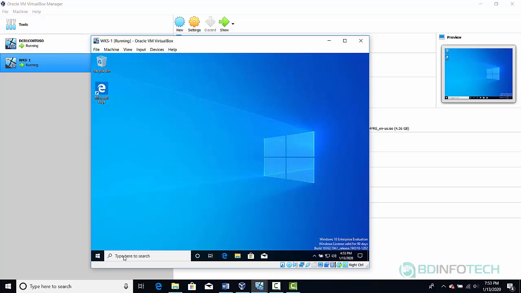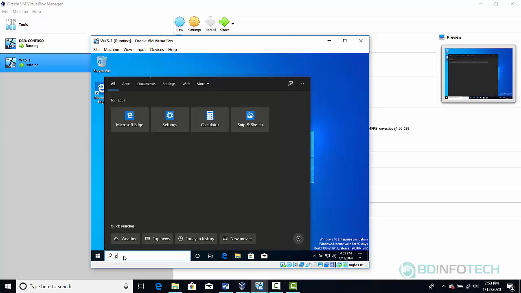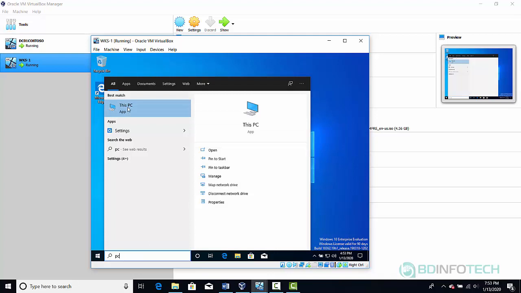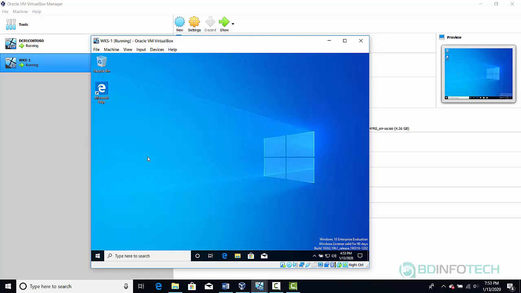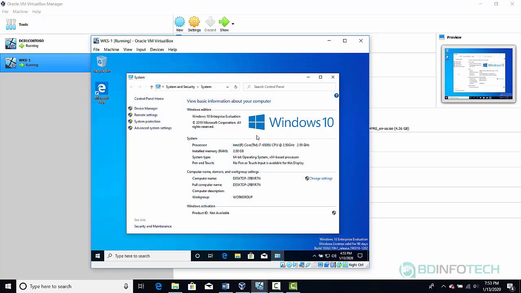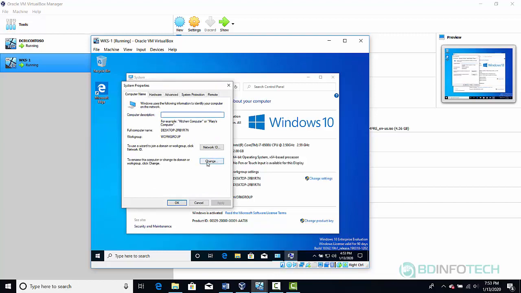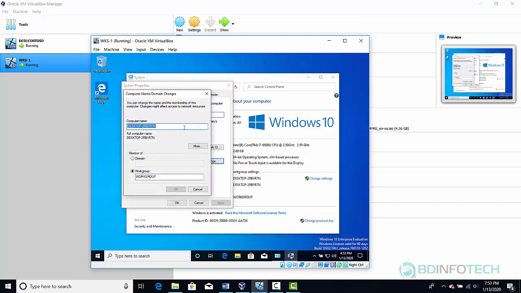And we'll go to this search option and enter PC. Then we'll get this PC icon. We'll right click and then click properties, and see this workstation has the default computer name. So what we'll do is we'll go ahead and change the PC name to something else that we want. So I'll go ahead and enter it as WKS1, which is workstation 1. Click OK